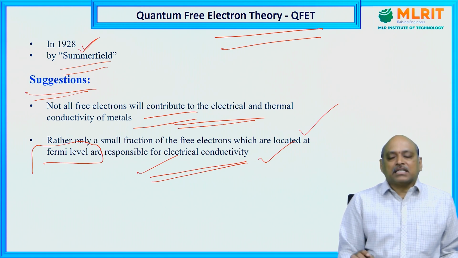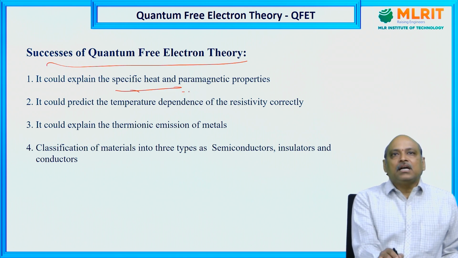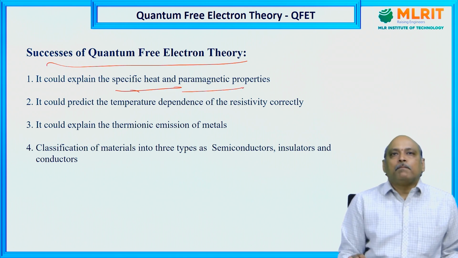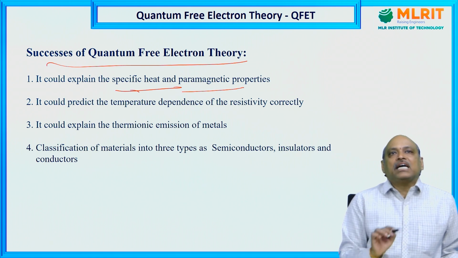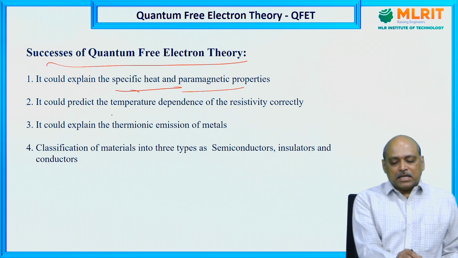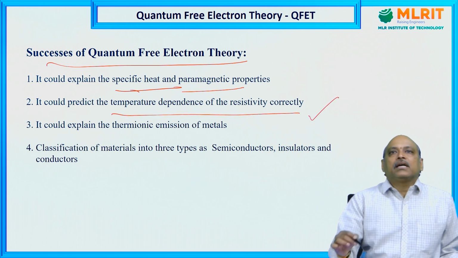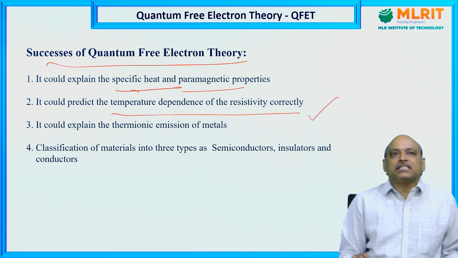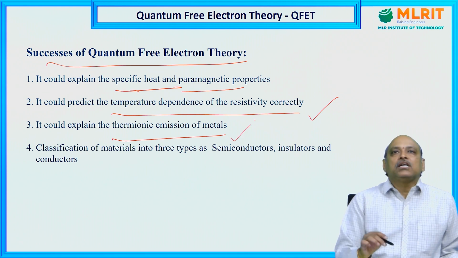What are the successes of this theory? Now we will discuss the successes of quantum free electron theory. Using this theory, we can explain the specific heat and the paramagnetic properties of metals, which could not be explained by the classical free electron theory. Not only that, the temperature dependency of the resistivity of metals can also be explained successfully by using this theory. And the thermionic emission of metals can also be explained successfully by using the quantum free electron